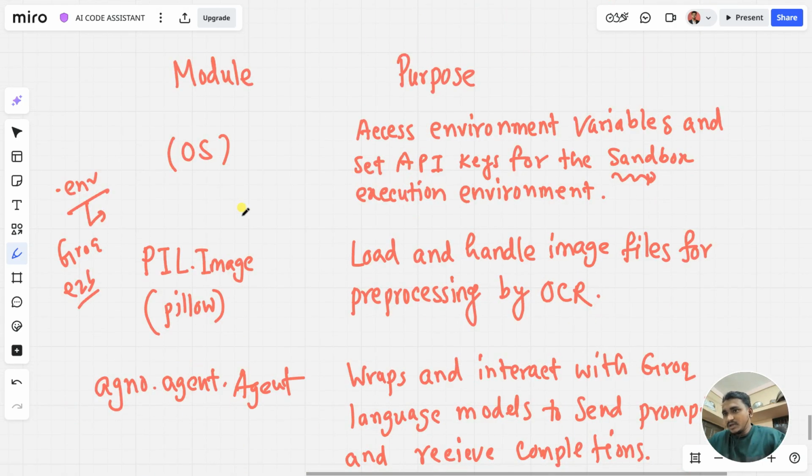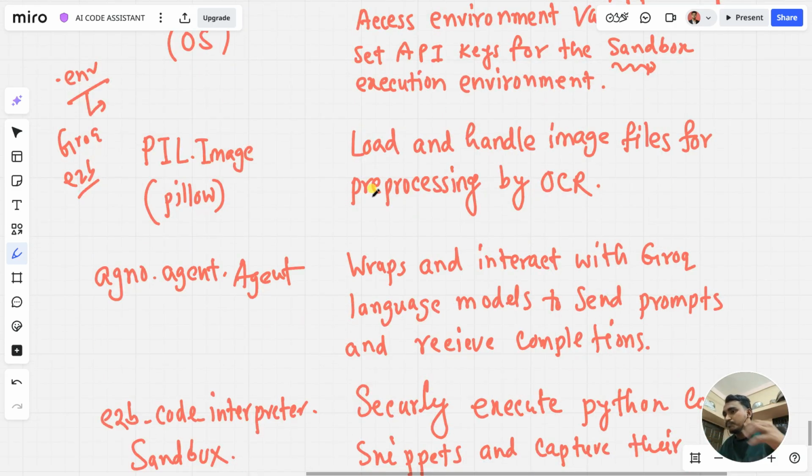Okay. So this PIL library actually helps us to load and handle the image file for processing by the OCR, optical character recognition. And then you're going to use a library called Agno. Using this Agno, we basically create some kind of agents. In here, we basically wrap and interact with the Groq large language model to send the prompt and receive